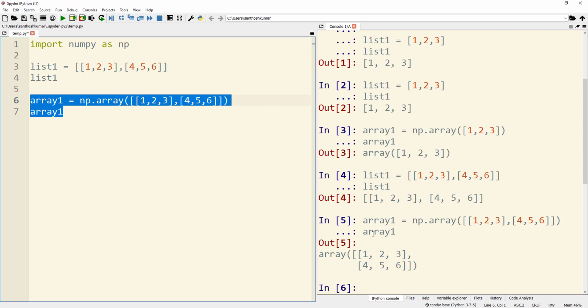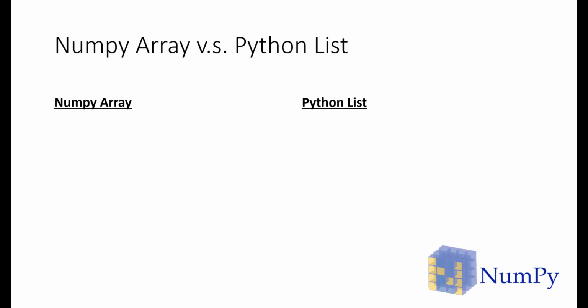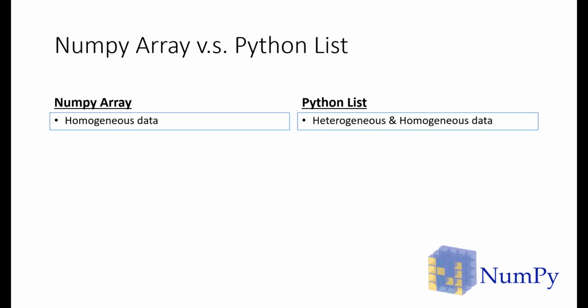So now you may have a question, what is the difference between the list and the array? We'll check that out. Here are the key differences between a NumPy array and a Python list. A NumPy array should always have homogeneous data and a Python list can have both heterogeneous and homogeneous data. For example, in a NumPy array, all the elements should have the same data type like an integer or a float or whatever, and it applies for both a single dimension array and a multi-dimension array.